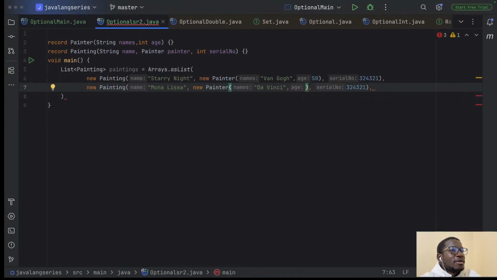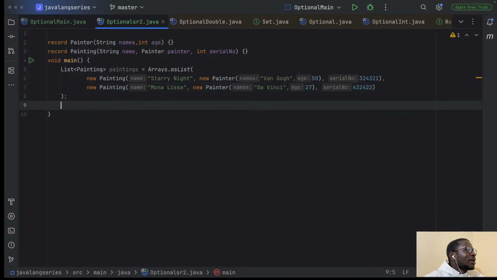Let's assume he was maybe young or 40s, maybe. People didn't live that long in their time, so maybe he was 27. And our serial number there. So this is our list of paintings, and we can create a stream from this